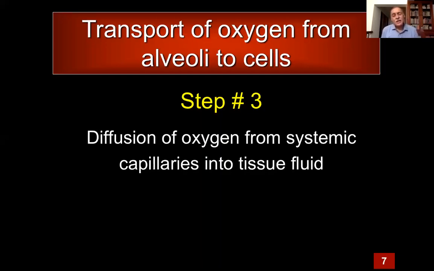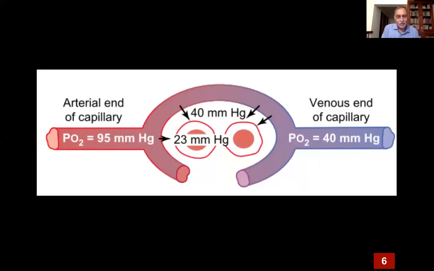So let us see what happens in the systemic capillaries, and what happens to the blood coming into the systemic capillaries while it enters the tissue fluid. This is a simple diagram in which the reddish or pinkish color on the left side indicates the arterial end of a capillary that is perfusing an organ, and the purplish or bluish end shows us the venous end